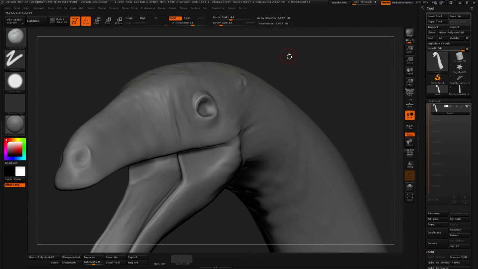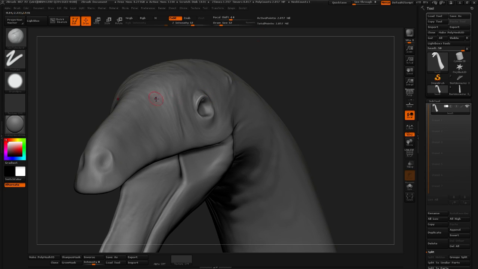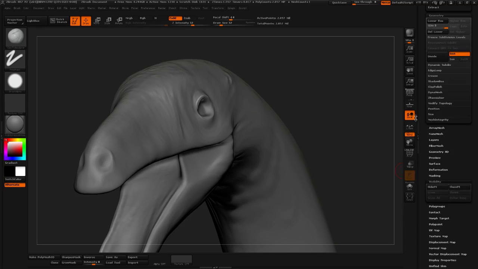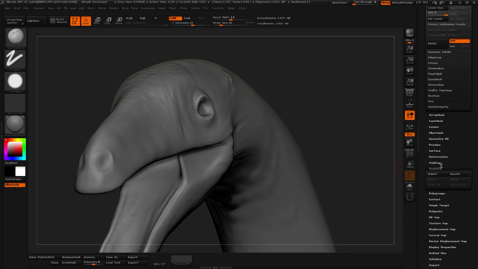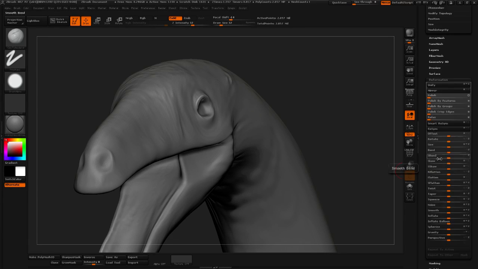Okay, so the symmetry is activated, not once, not twice. I don't know how many times I've messed myself up and messed my workflow, forgetting to turn on the symmetry. And sometimes it's such a pain in the neck when you realize you forgot to turn on your symmetry. In case you forget to turn on your symmetry and you do some details and stuff, what you want to do is go to